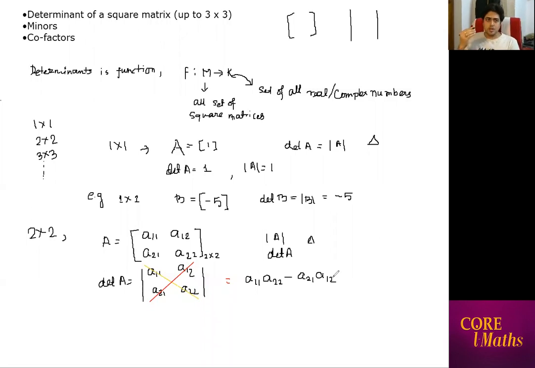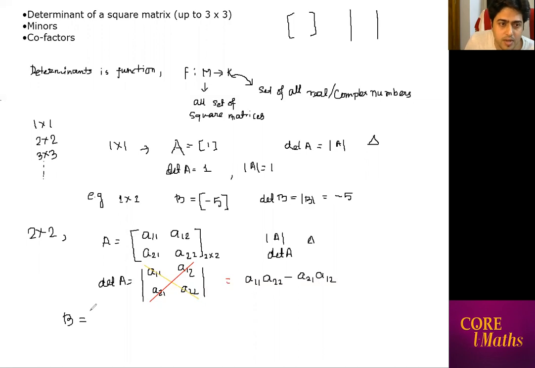If we proceed to the topic of minor and cofactor, before that you have to know how to find the determinant value of a square matrix of order 2 cross 2. This is the base area. You have to know how to find the determinant value of any 2 cross 2 ordered square matrix. These are the rules. For example, suppose we have